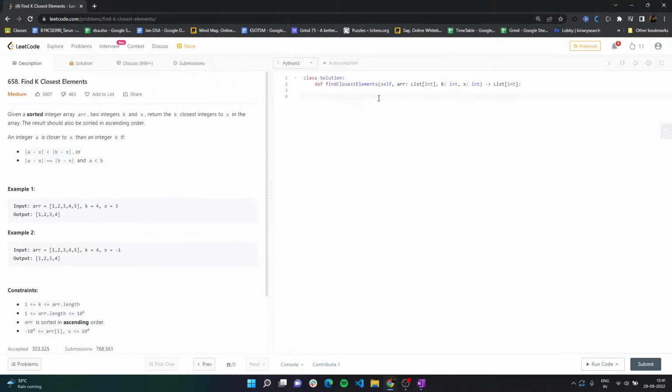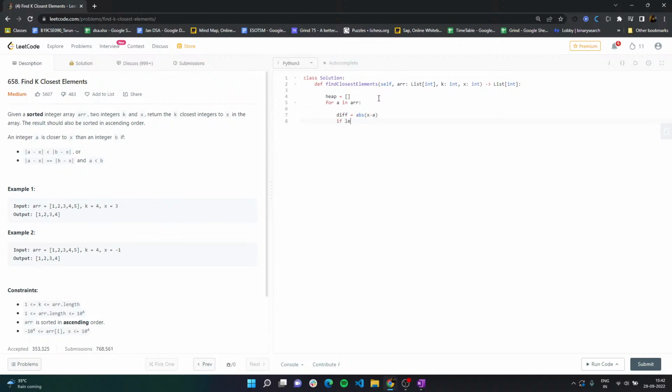So why don't we just implement this real quick? I would say that my array is an empty array. No, array is the name of the given variable also, so I'll just say heap is an empty array. Next thing that I'm going to do is I'm going to say for a in array. Okay, so a is my number, whatever number it is. My difference is going to be absolute of x minus a,